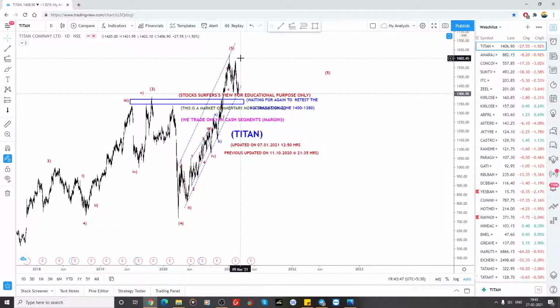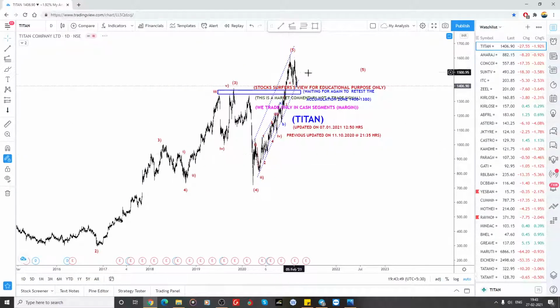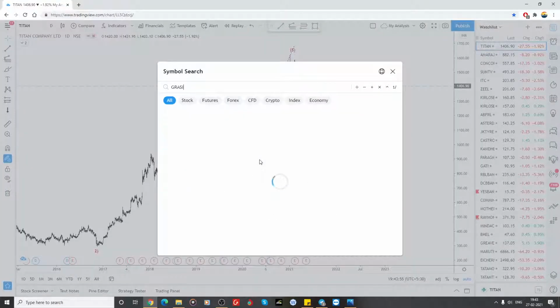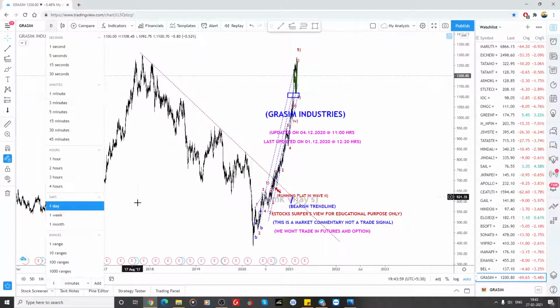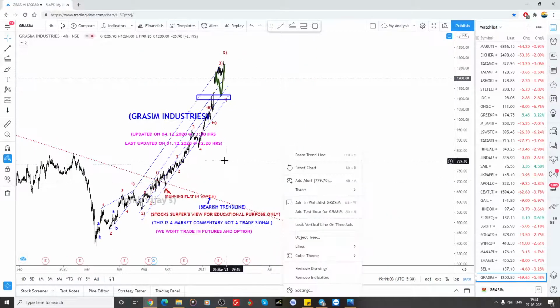So this could be the end, and I'm looking, and there's no need to invest from here in this Titan. So let's move on to Grasim. So Grasim also, here